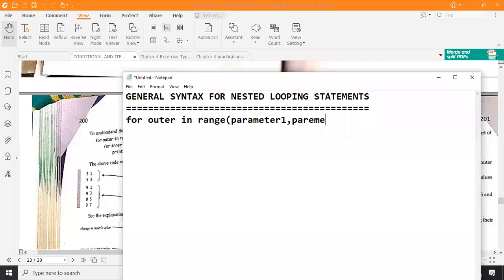If you want to write parameter two also, you can include it, as well as parameter three. If you want to include only one, that is also possible, two parameters or three parameters, depending upon your preference.